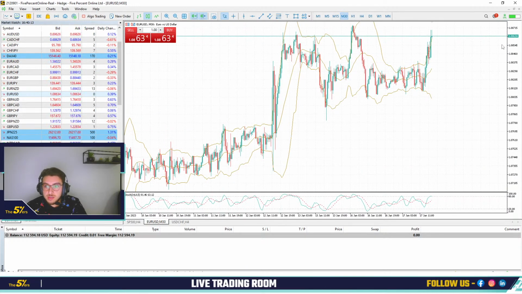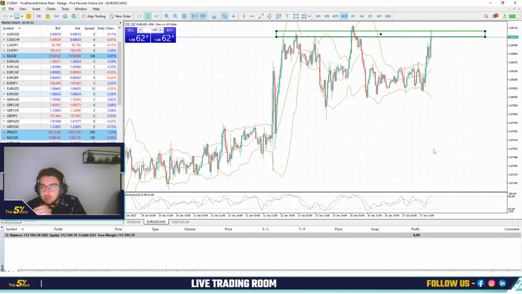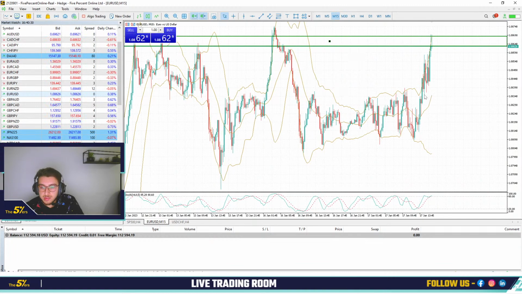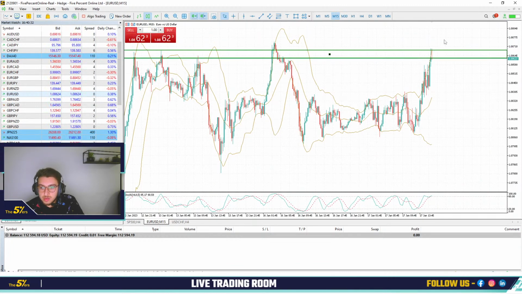Euro USD still at the top. Again, not so much an indication for me to make a sell here. We'll see the next, probably the next candle. If the market continues and makes a new high, starting to stop, like you see here, the shape,